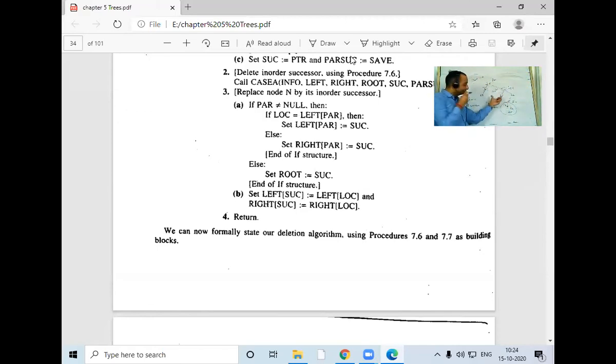And again, you need a perfect example if you want to simplify your algorithm. If you want to make your algorithm simple, you need a good example. See, this example had 0 child, 1 child, 2 child. So all cases are covered in this example. Is it clear? Should we move now? Yes, sir.